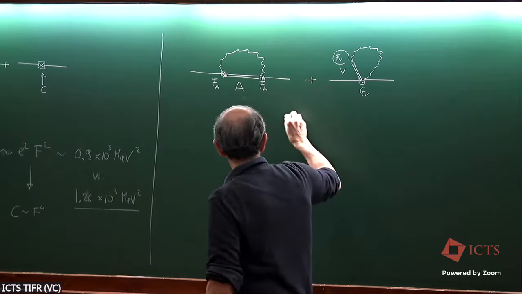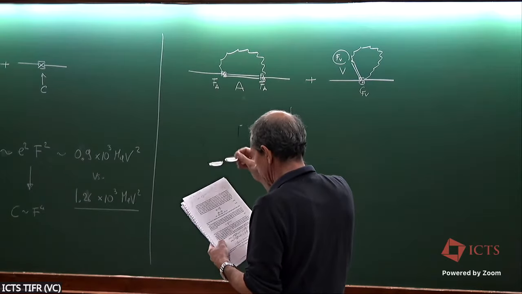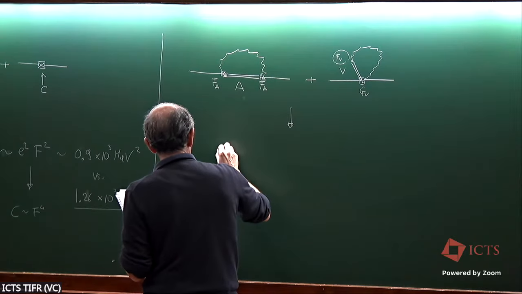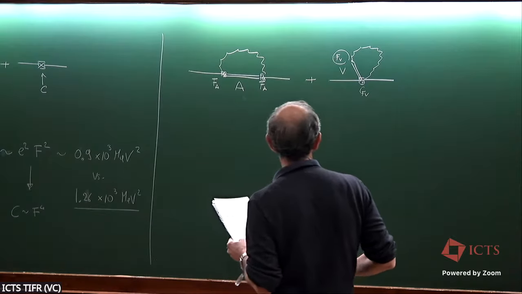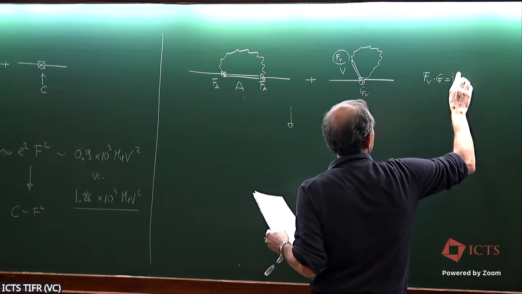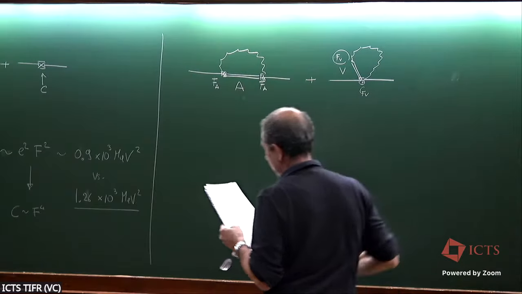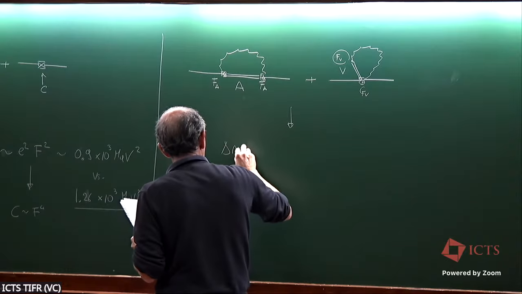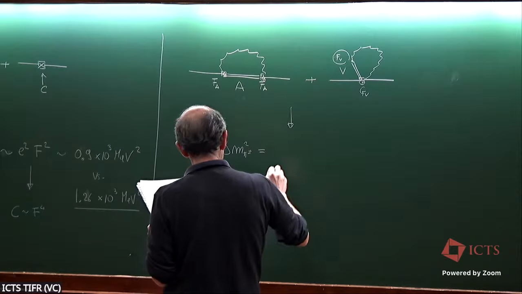Now, if you compute this diagram, it's a simple calculation. Let me just give you the result. What you get, and I simply use the relation between FV and GV that we know from the vector form factor. Okay, so we know that FV times GV is equal to, let's come back to that later. What I get is